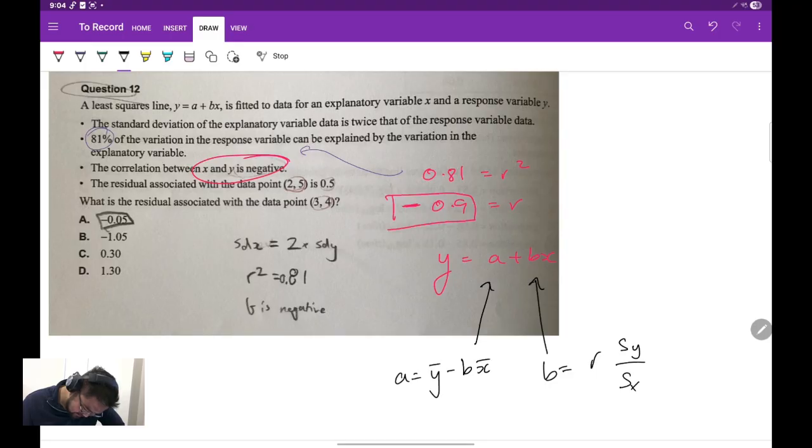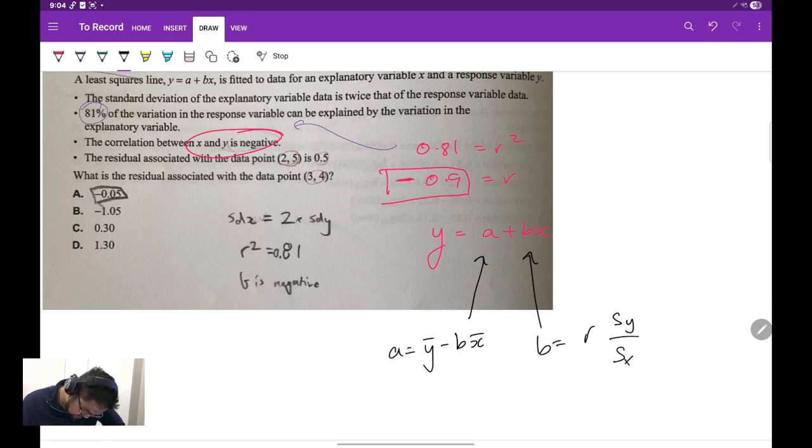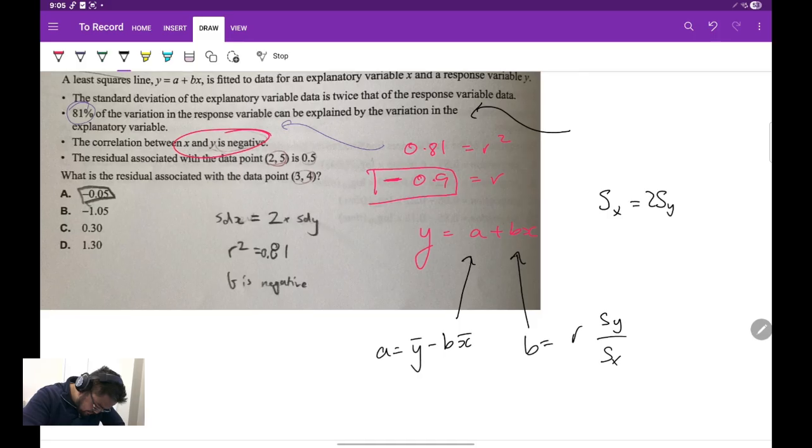It says that the standard deviation of the explanatory variable is twice that of the response variable data. So that means sx is equal to 2 times sy. Because 2 times the response will give you this. Okay, all right. So now we can use this information to work out